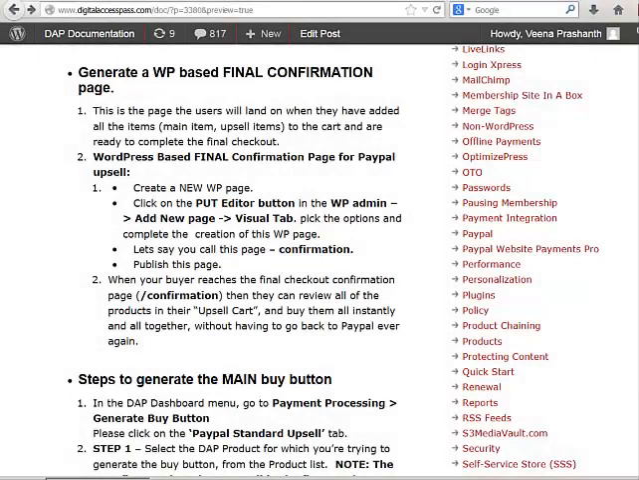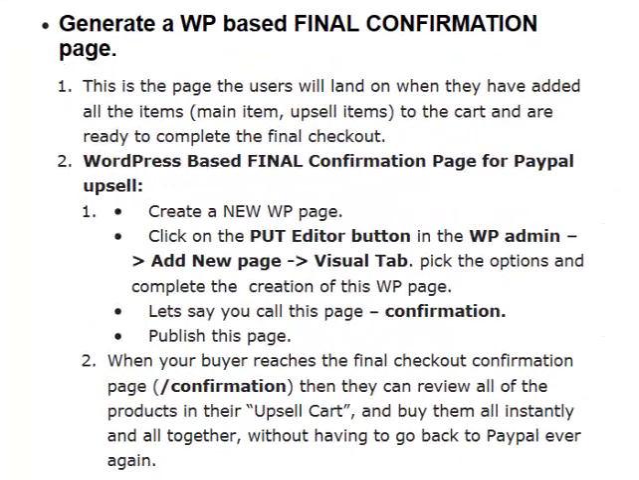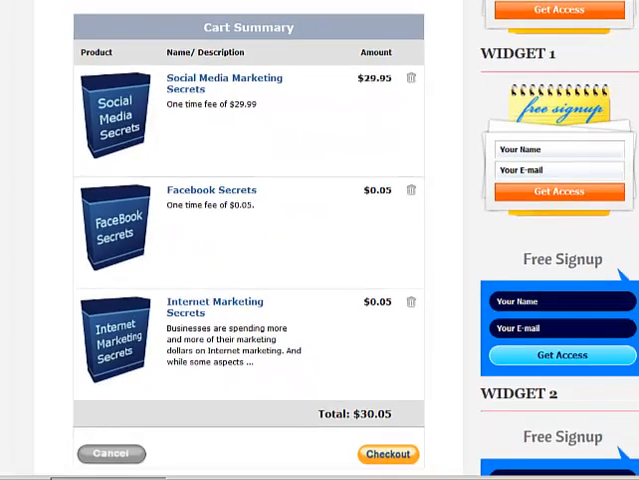In this video, I'm going to show you how to create a WordPress-based final confirmation page. It's very important that the users end up on the final confirmation page after the final upsell, downsell, or no thanks. The way the PayPal Upsell Tree plugin functions is, after every offer a user takes in the flow, it